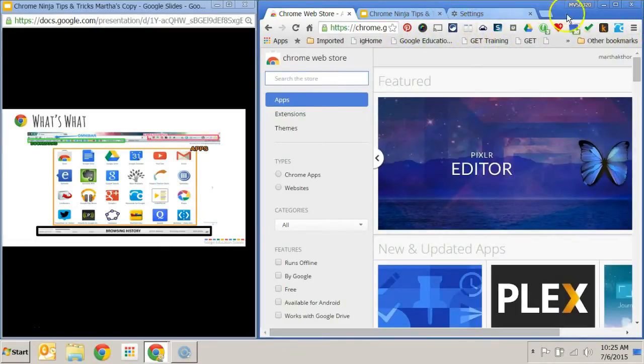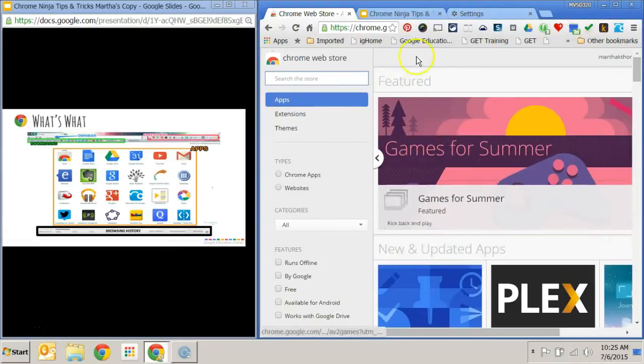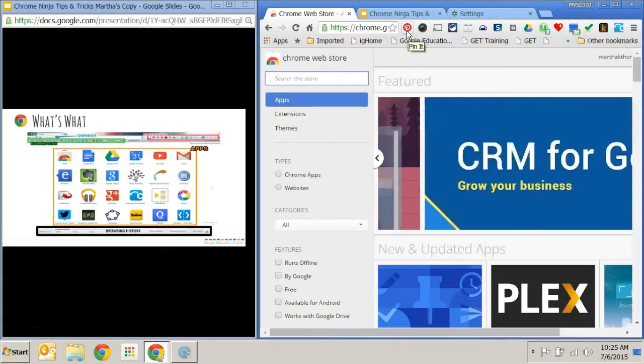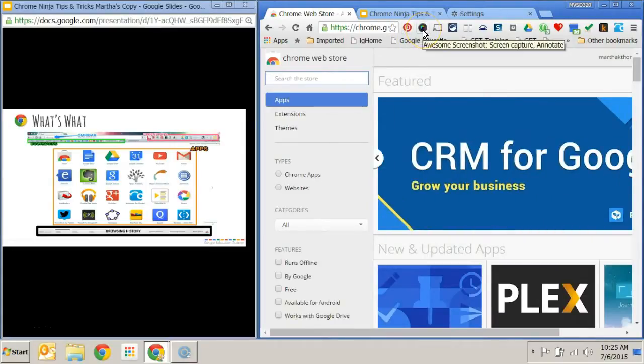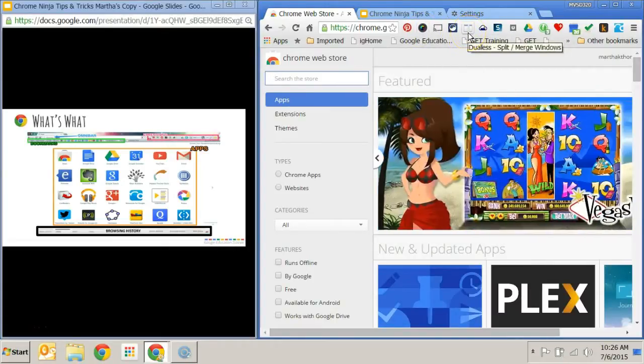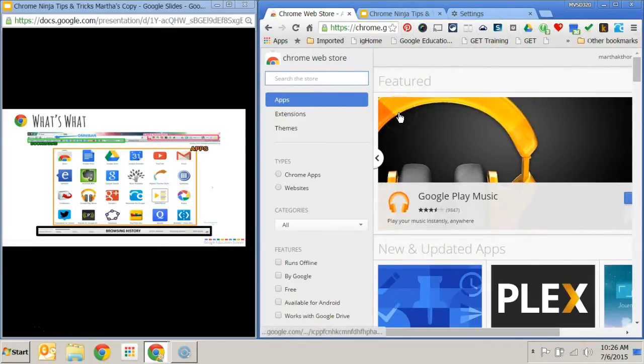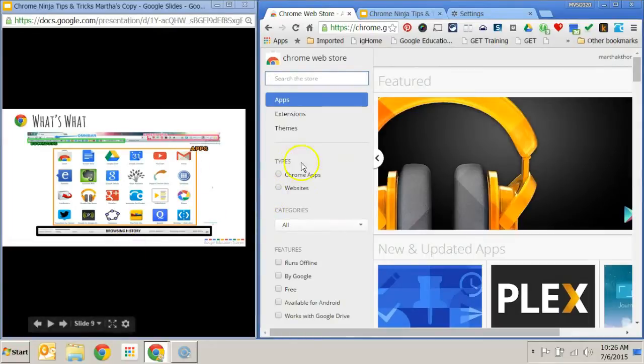So it's not like going to a web page. Just an example, this is a Pinterest one. So if I'm on a page that I want to pin in Pinterest, I just have to click that button here. This is a screenshot one here. This one right here, the two little lines, is called Dual Less, and that's actually what I'm doing here with two screens open at the same time. So there are some different extensions you can use that just add more functionality to your browser. So that's the